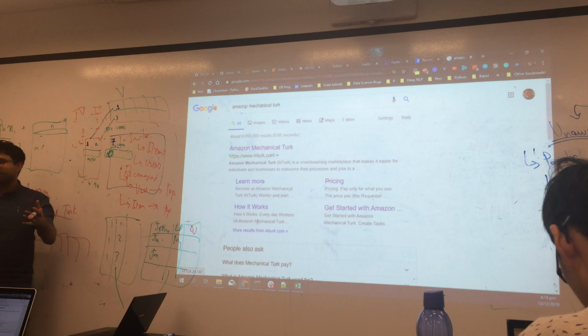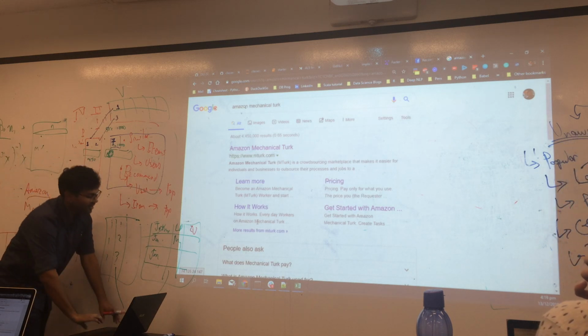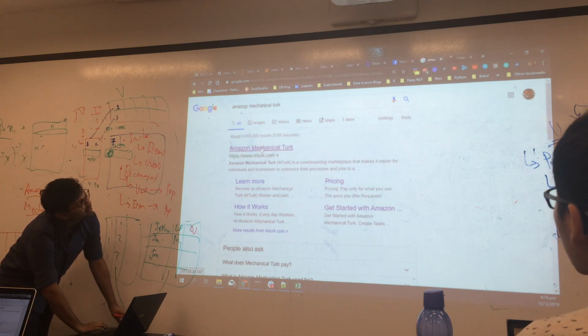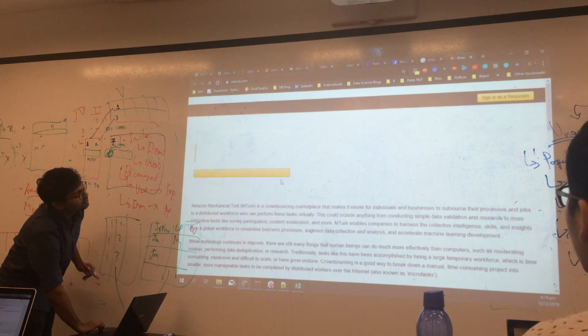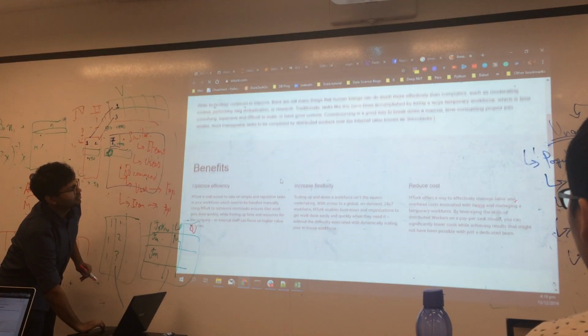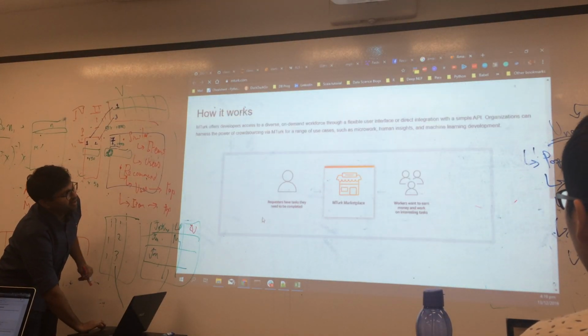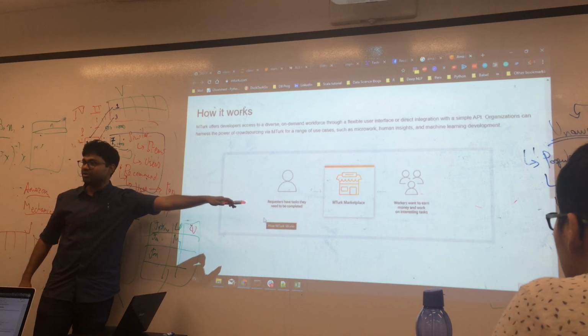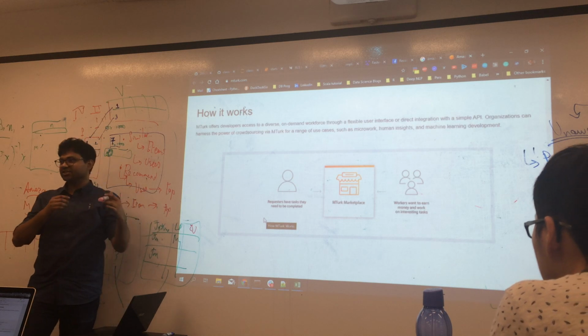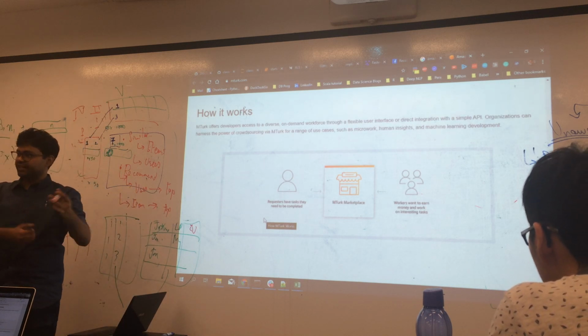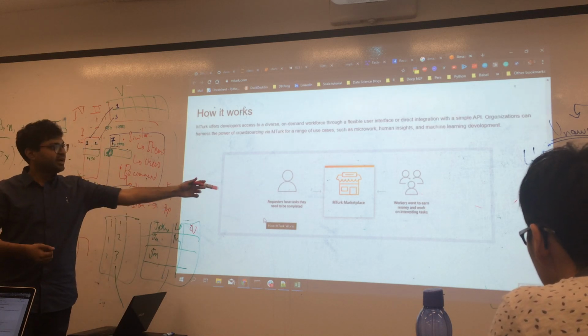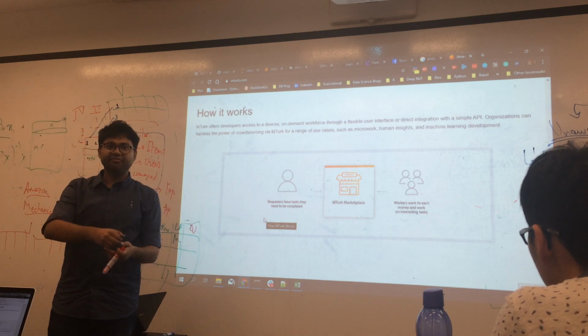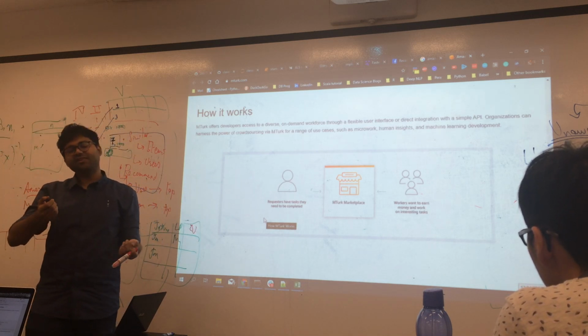Basically, it's crowdsourcing. In a sense, you're asking the public to do something for you. So you may have some task which needs to be completed. You go to Amazon. You say, you know what, I got something, and you have to tell or design what that task is. And then what Amazon is going to do is, they have they call them workers. It's very wrong, but